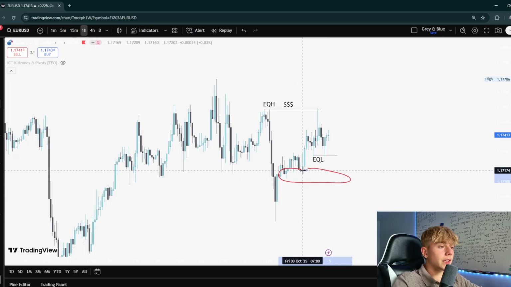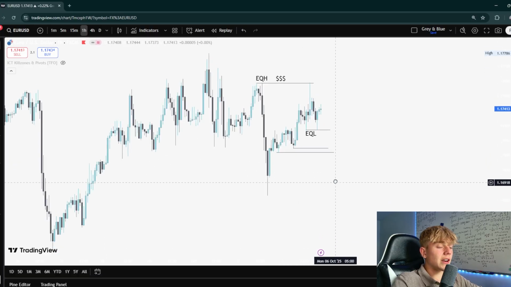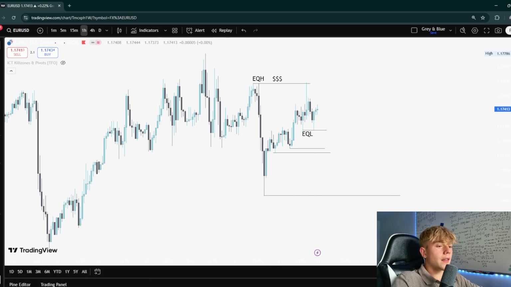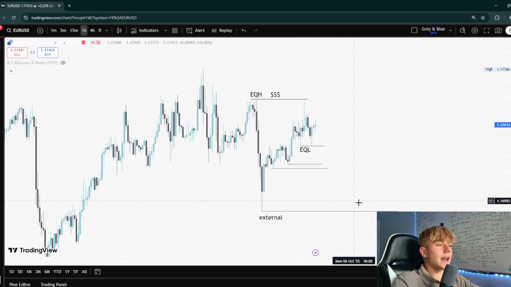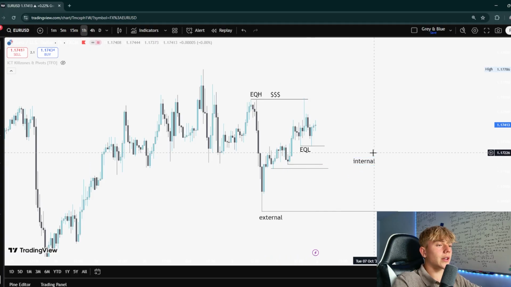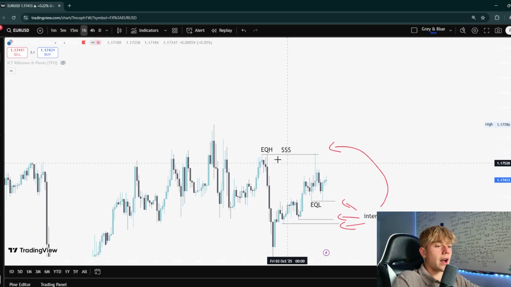We have relative equal lows, because we have a low down here and then a low just beneath it. So we have relative equal lows, and below here we have a massive low. This would be our example of external liquidity, and all of these areas in between would be our examples of internal liquidity. So we'd have internal liquidity here, there, and there. Also, this would be our internal liquidity, because above this we have the top of our current range, and this would be